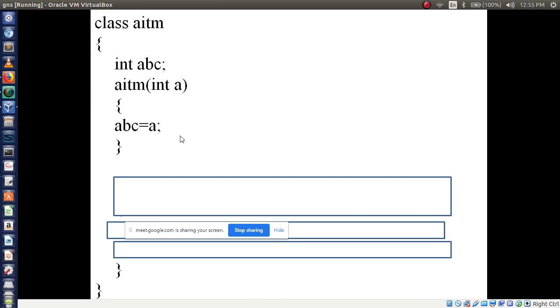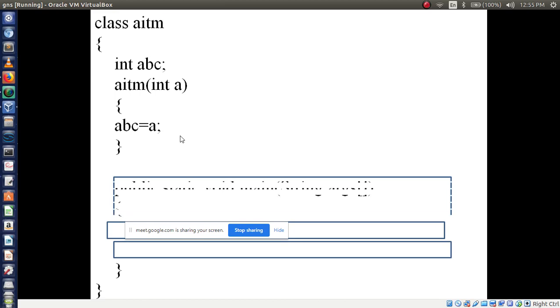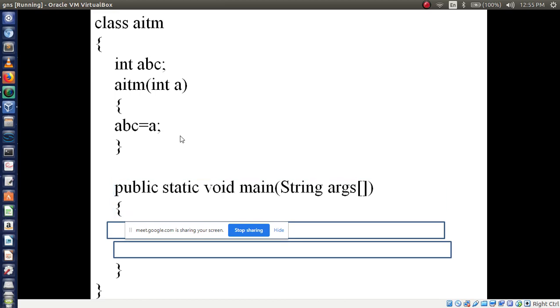Method. The main method. So for the main method I will write public static void main.